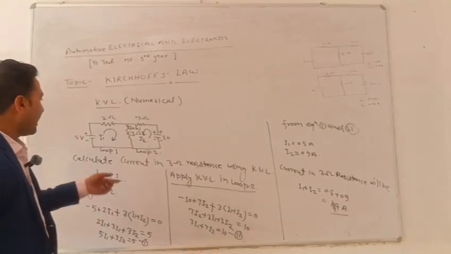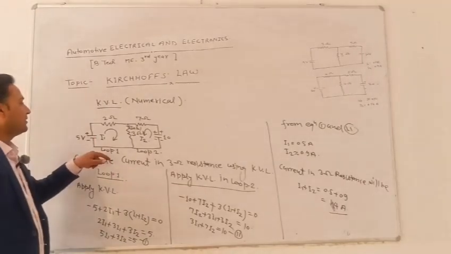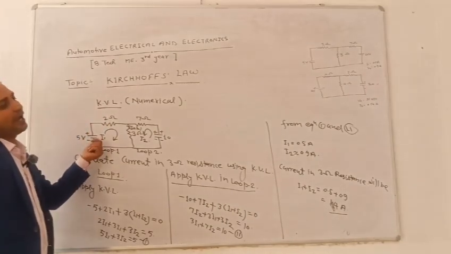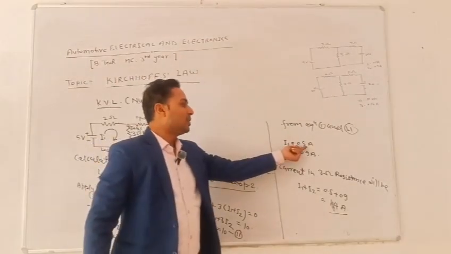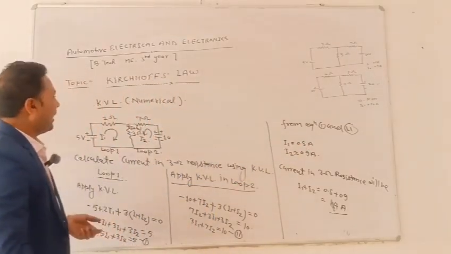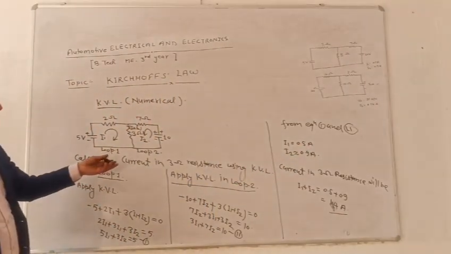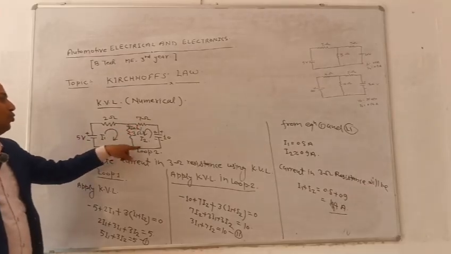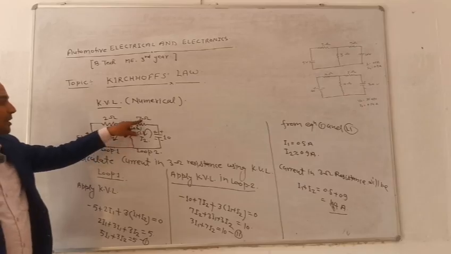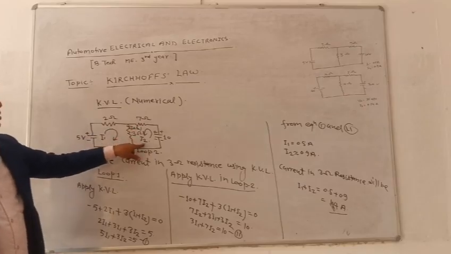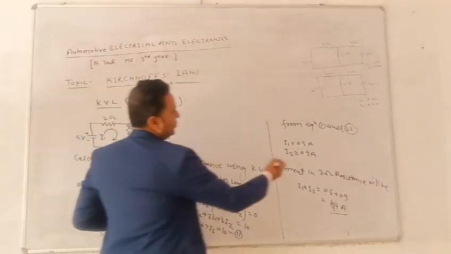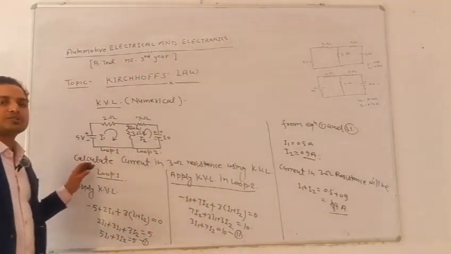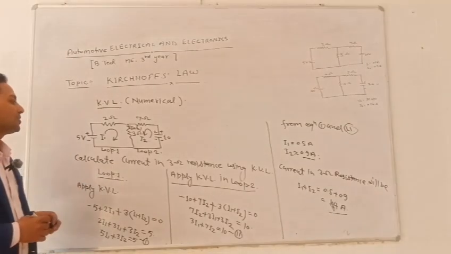The question may be changed and asked what is the current in the 2 ohm resistance. This will be I1, and the value of I1 is 0.5. Another question may be asked, what is the current in the 7 ohm resistance? In this loop, the current flow in the 7 ohm resistance is only I2. So I2 is 0.9. This is the basic concept of Kirchhoff's voltage